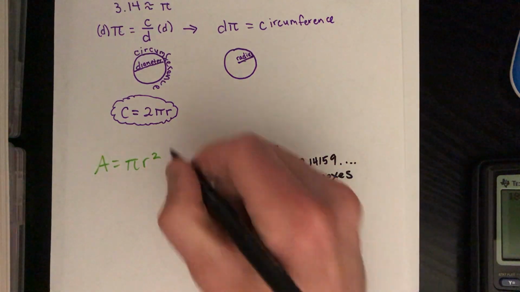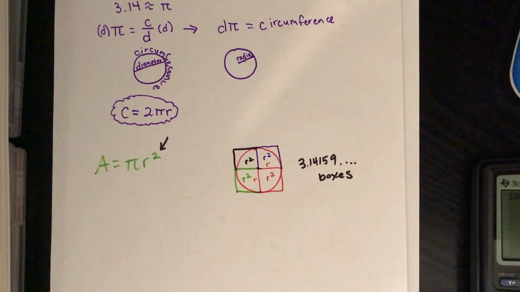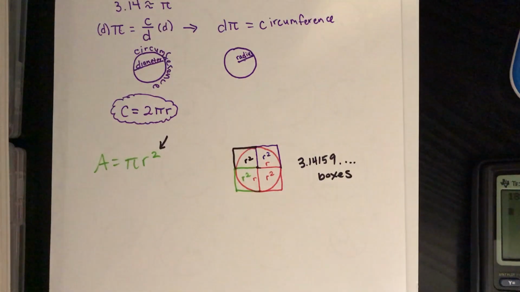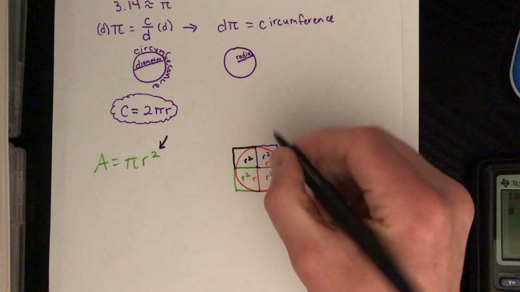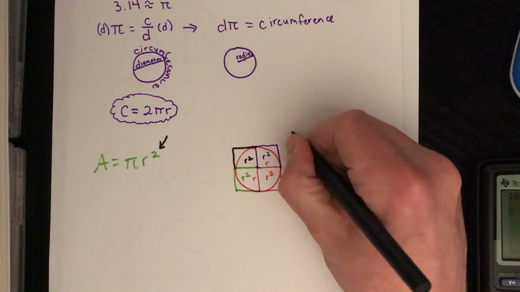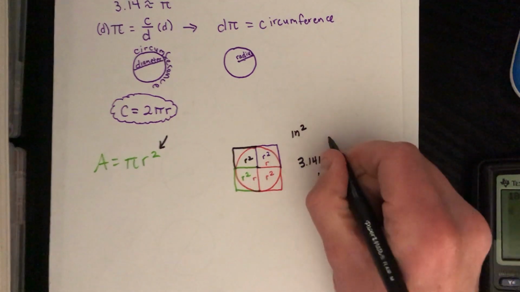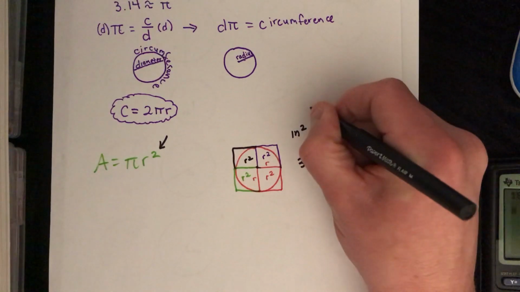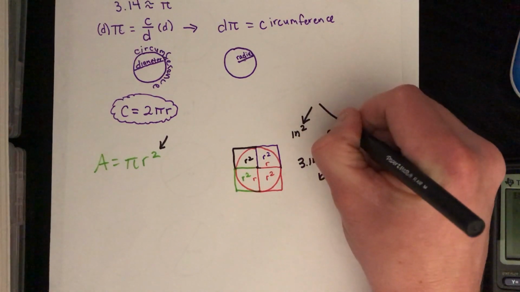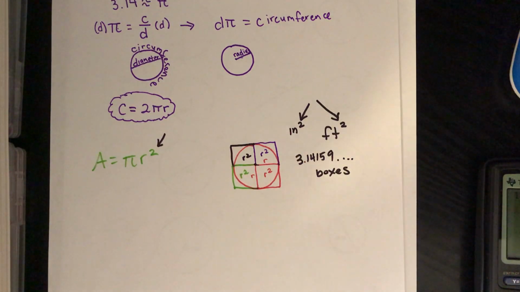A couple other things I want you to remember is that since we're finding a 2-dimensional unit of measurement here, that's usually what you get when you square something, our units need to be squared too, right? Like if this radius was in inches, then our unit of measurement now is inches squared. Or if the radius was in feet, then our unit of measurement now is feet squared. So when you're writing units of measurement, whatever number goes above the unit indicates how many dimensions you're working in, right?